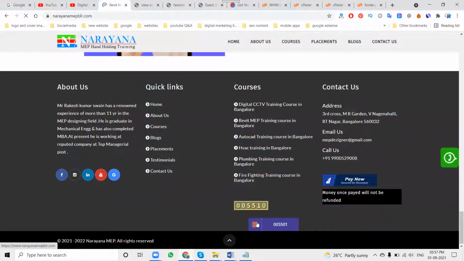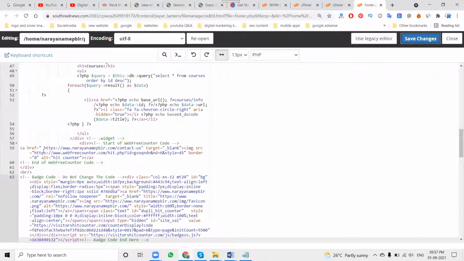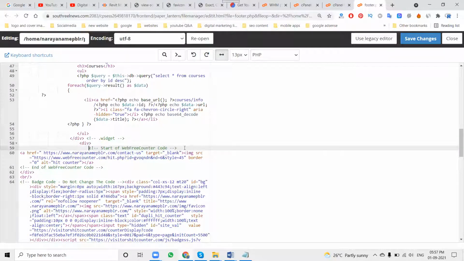Here your own logo will also be visible. If you don't require it, we can remove it. Or we have an option given, the option name is here. I'll show you.